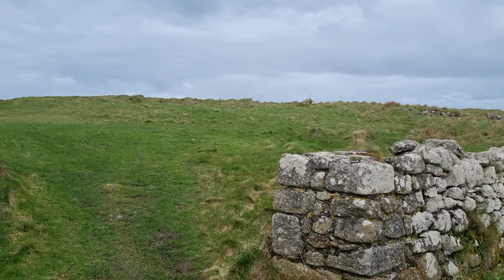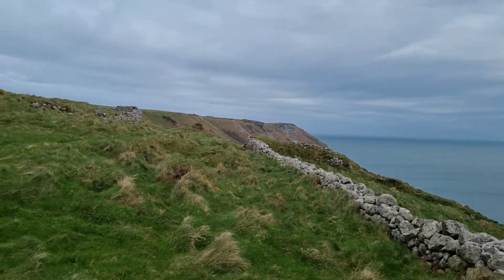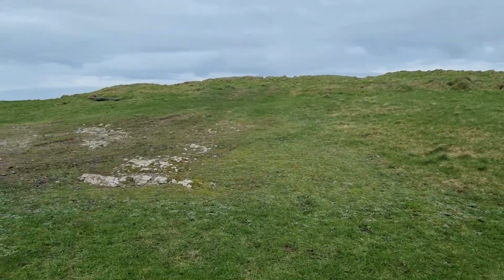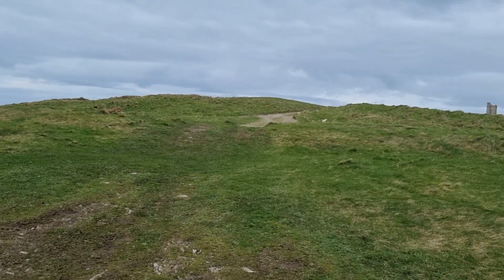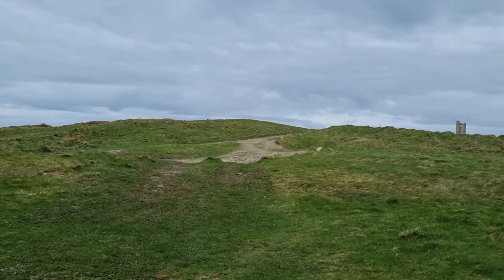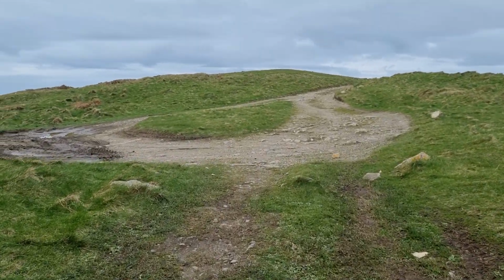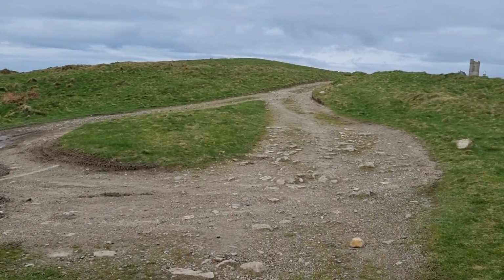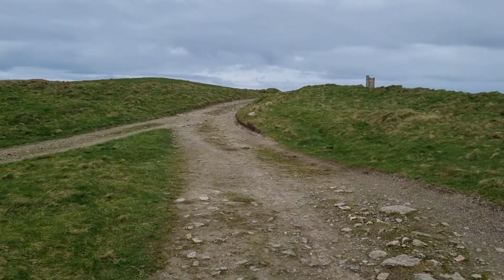I'll stick to the proper path because there's many different ways you can take to get across the island, all sorts of different paths. You don't even have to stick to the path if you don't want to. Follow the animal tracks and go anywhere you like, really. I wouldn't this time of year in February though, quite boggy and marshy in lots of areas, so plus I'm holding a camera, so